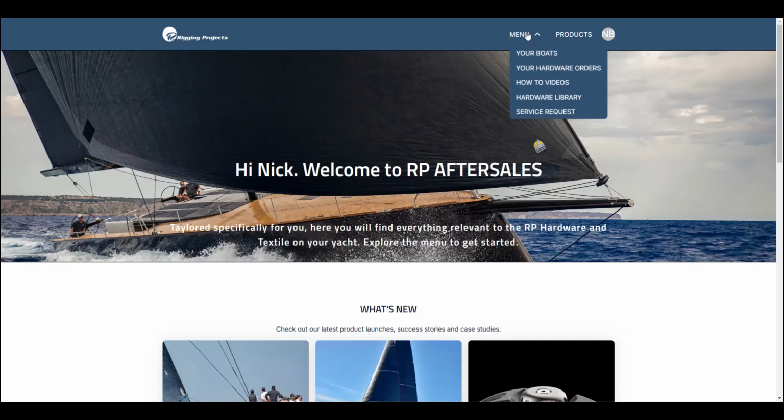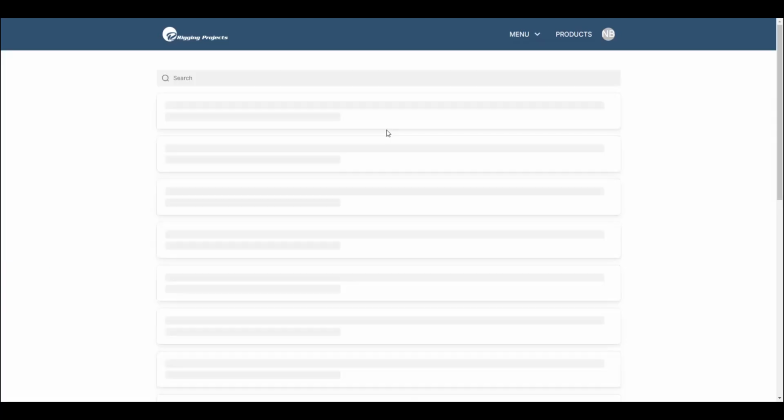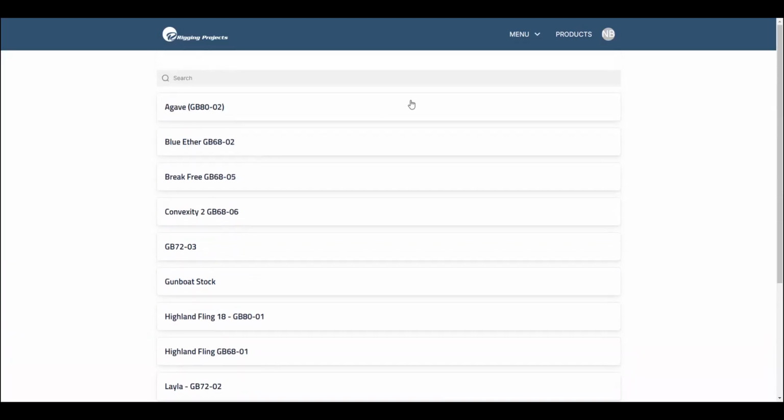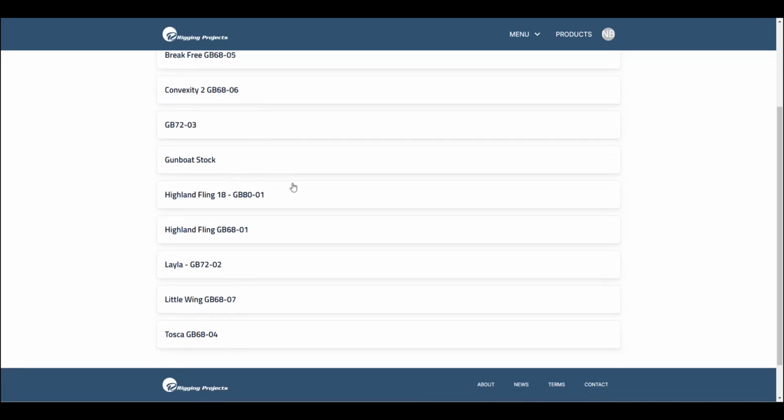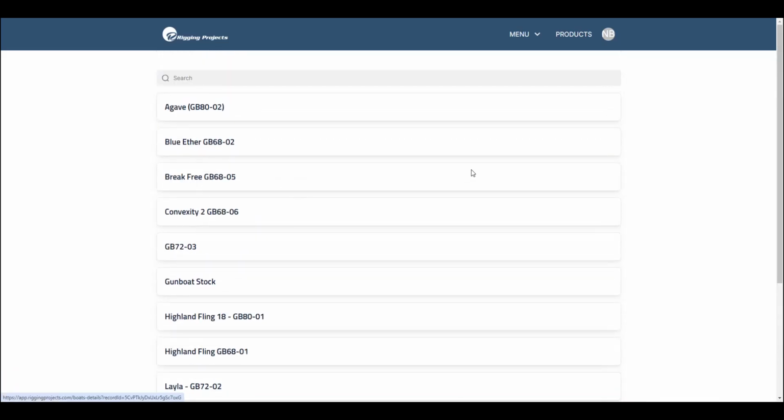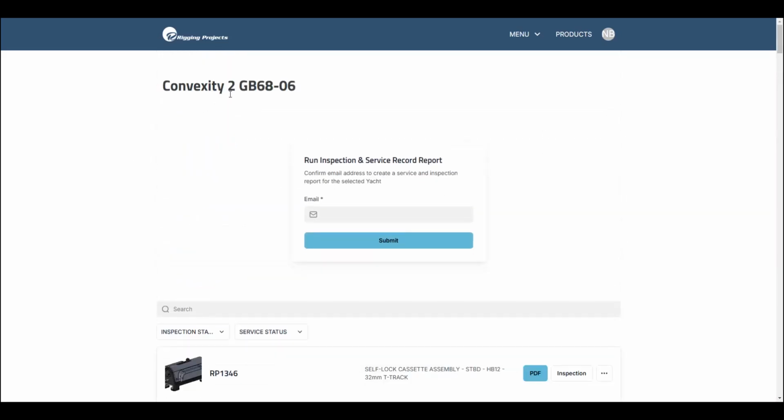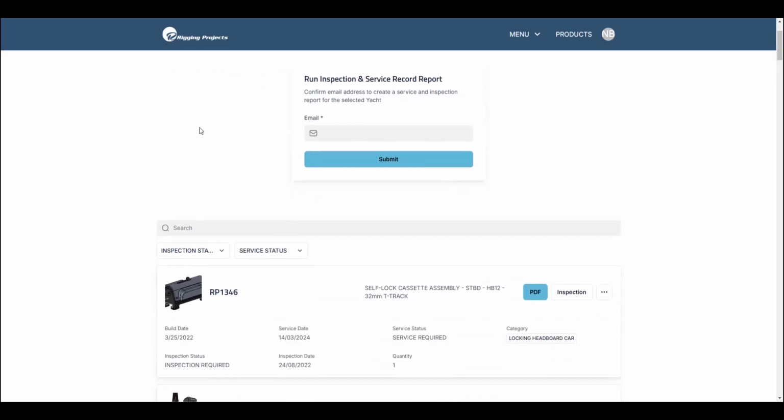And then on the menu you have various drop downs here, which is your boats, so ones associated with you, your hardware orders that you've done through us, how-to videos and manuals, hardware library, and service requests as required again. So in this case, if I come into your boats, this will be different to whatever you see, but here you basically get a list of your boats that are associated with your account, and you can simply click in and it brings up, in this case, one of our clients' boats,